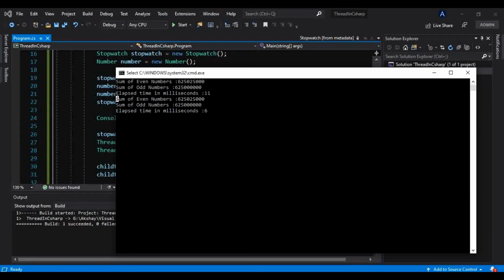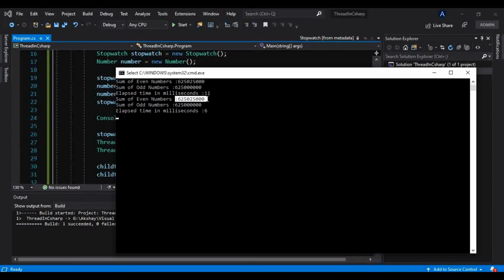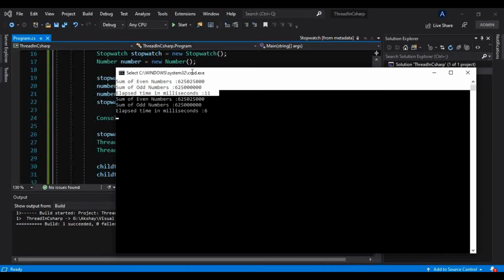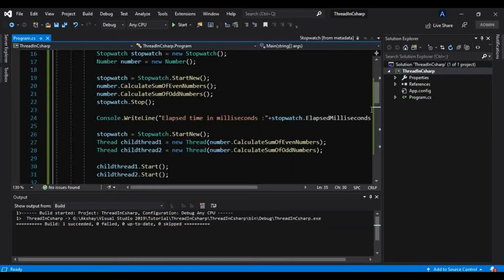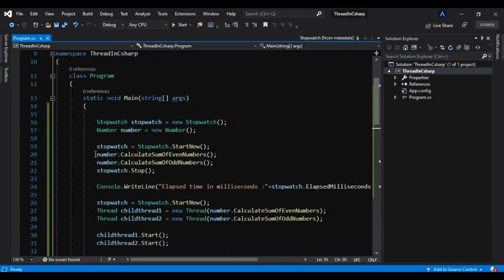And as you can see, the child threads have also completed their work, that is the sum of even numbers and the sum of odd numbers simultaneously, and the elapsed time in milliseconds was only 6. So this is half the time the main thread took to execute both these methods.